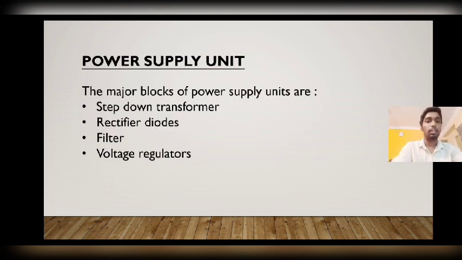Power supply unit. It converts AC to low voltage regulated DC power supply for internal components of the multipurpose robot. This unit deals with the required power to be supplied. The power supply unit has major components called a step down transformer, rectifier diodes, a filter, either a low pass filter or high pass filter, and voltage regulators, for example a Zener diode.